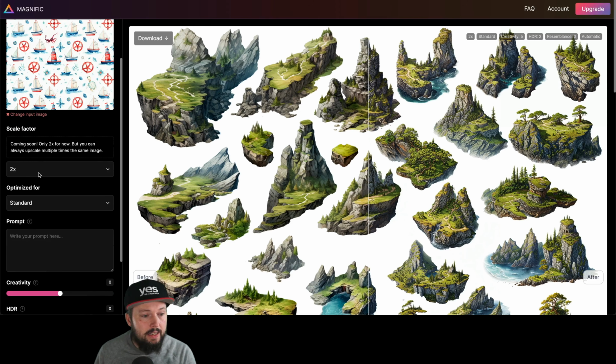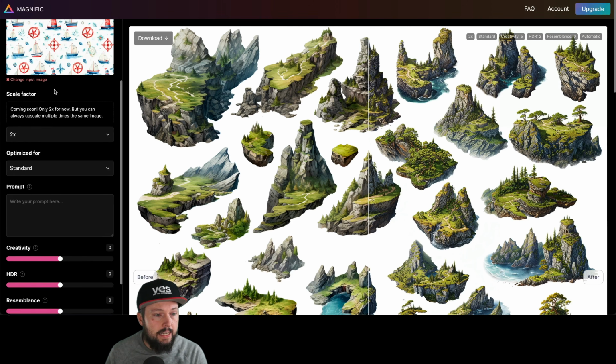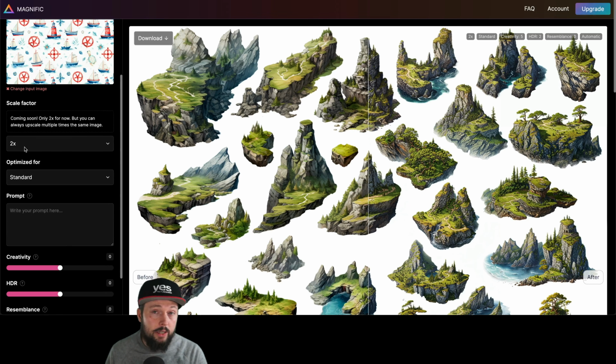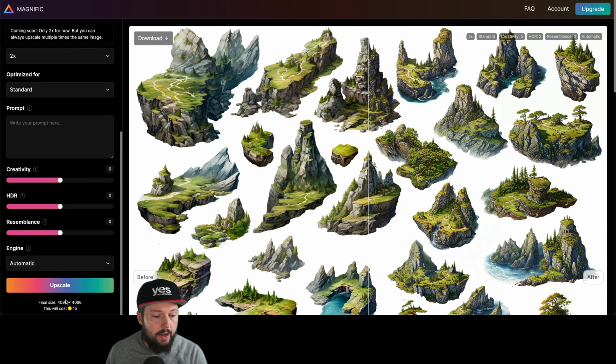But you can see once I have this image placed in here on the left side, it's going to upscale this to twice as big. So the final size is going to be above 4000 pixel square format. And there's lots of options here, like we can introduce the prompt. I'm just going to type in nautical pattern illustration. Maybe also include seamless pattern.